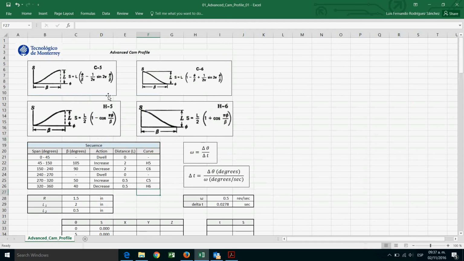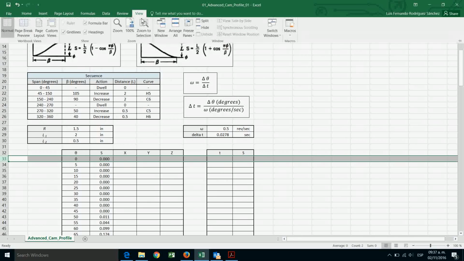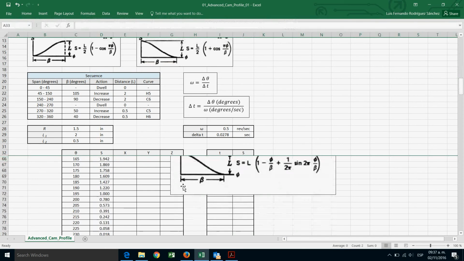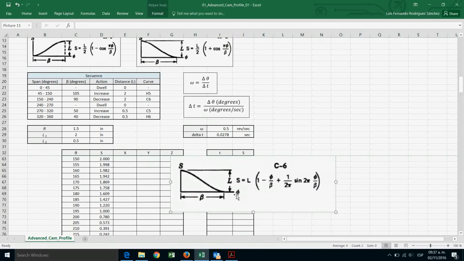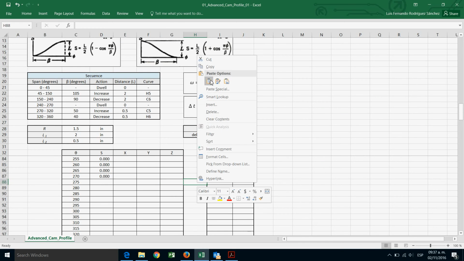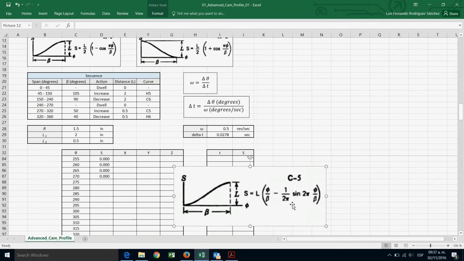Okay, and C5. Once again, freeze the panels. And then go again all the way down. Let me erase this all the way down to part of the analysis. Let's increase this C5, and you'll see from 270 to 320. Let's use C5